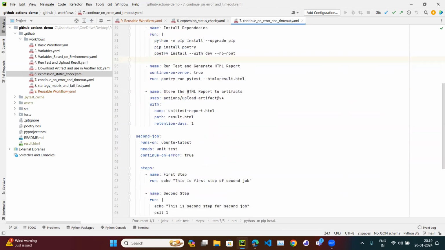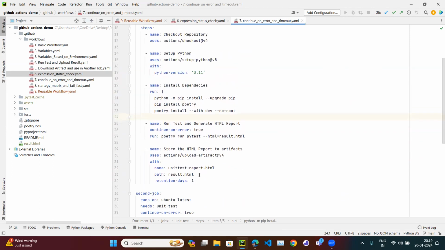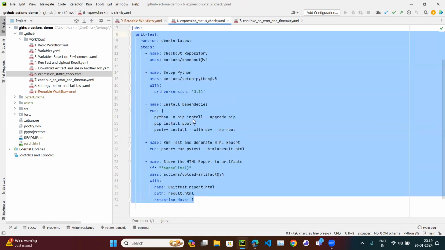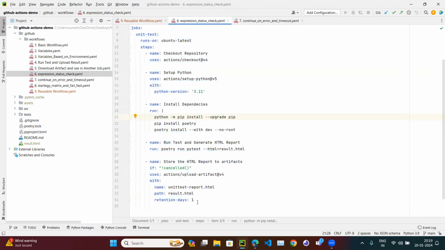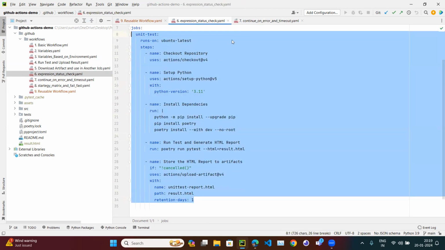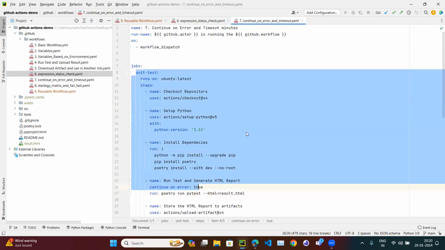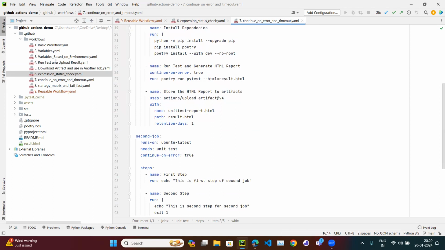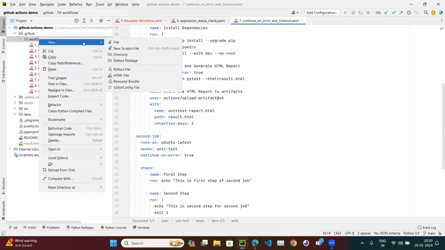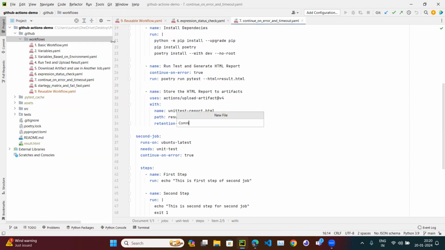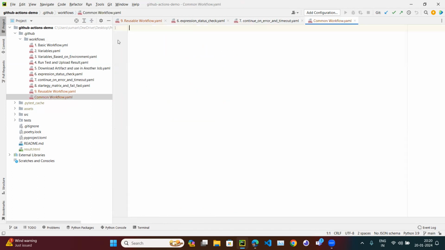So if there is any change in future, then I have to change in this workflow, and I have to change here in the other workflow. So when this unit test is common, why can't I define it in some common workflow? So let's create a common workflow file as well. Common workflow.yml file. Okay, we can define the name common